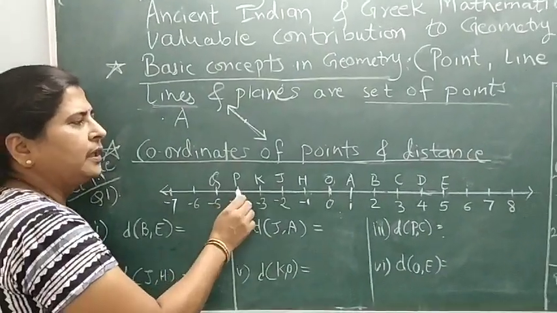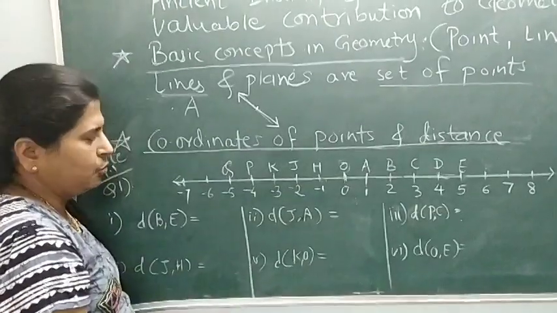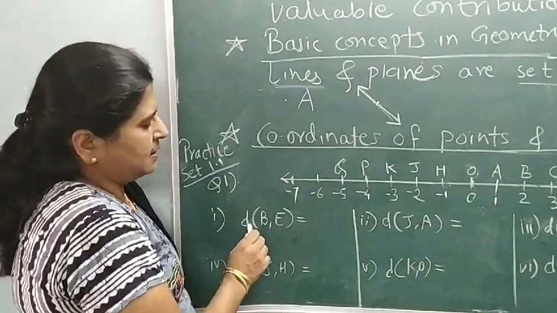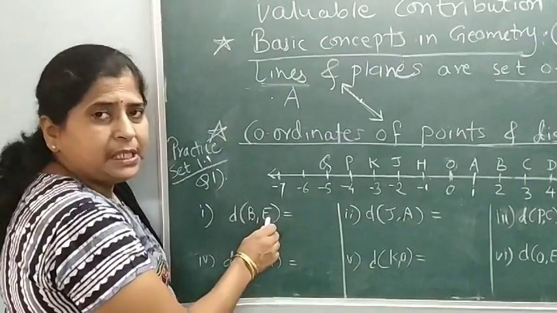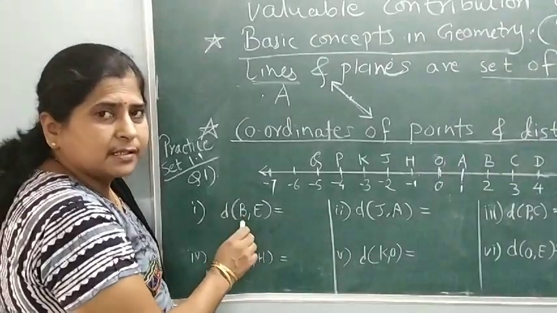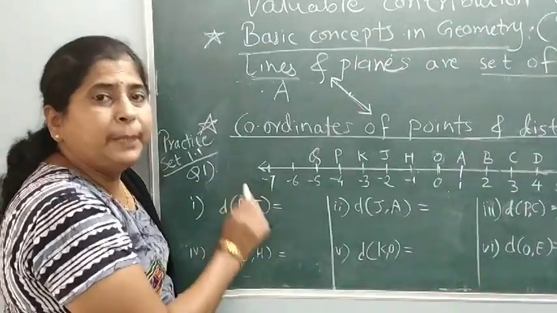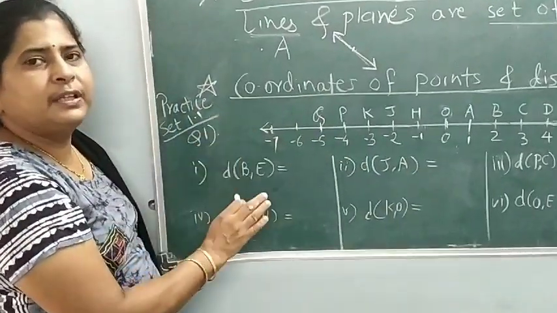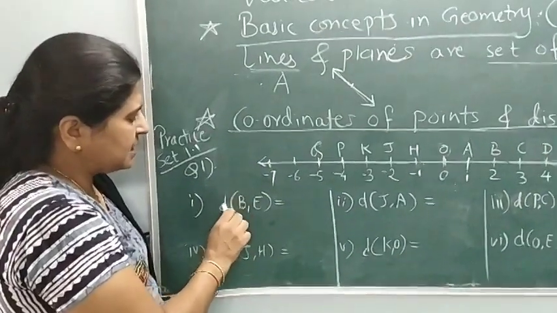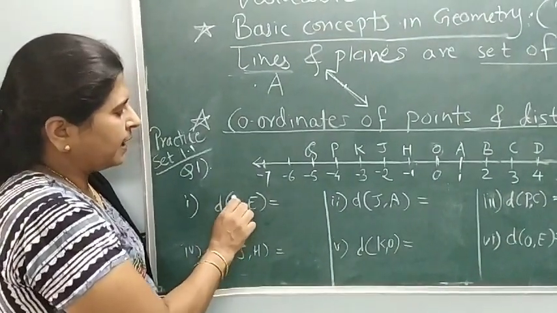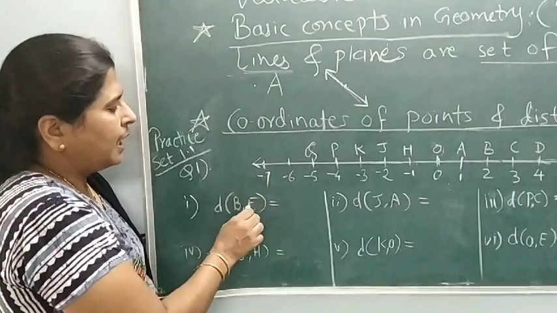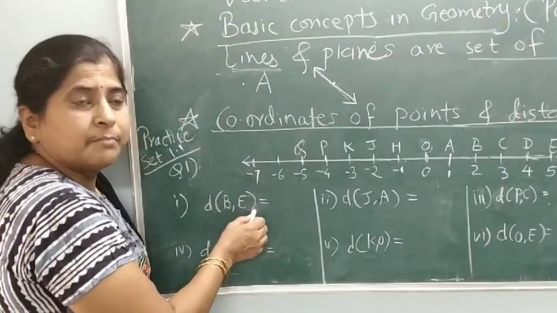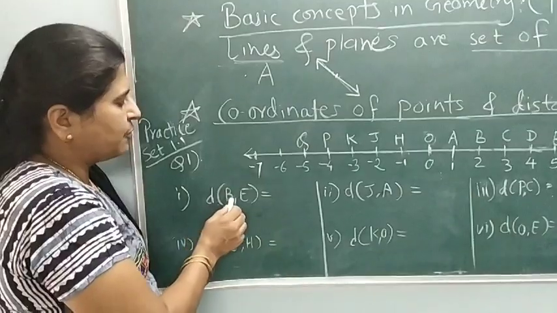Now, how can we find the distance between 2 points? For this, certain questions are given to us. Let's find the distance between this point B and E. Let's see how it is written. The distance between the points B and E, instead of writing all this in words, students, we can write with the help of symbols. We will write distance, small d in round brackets. First point is B, put a comma, and the other point is E, and the bracket is closed. It is equal to. So this gives us the meaning: distance between the points B and